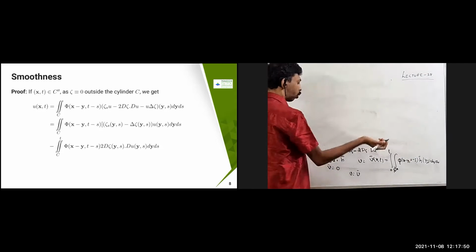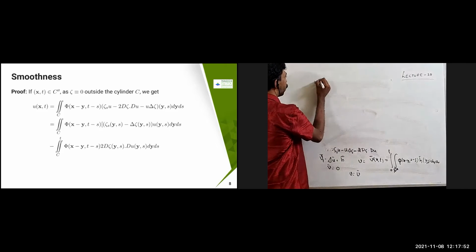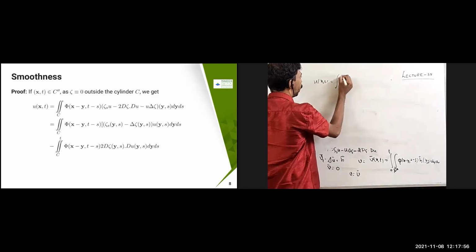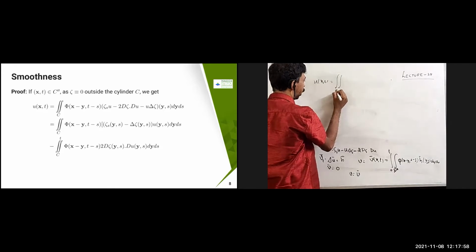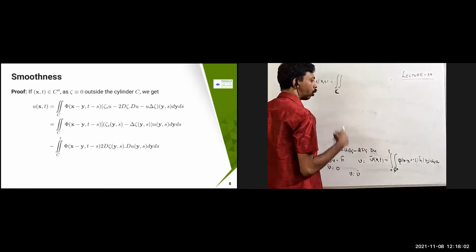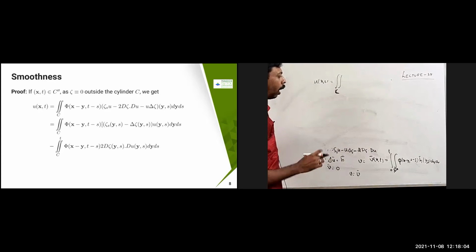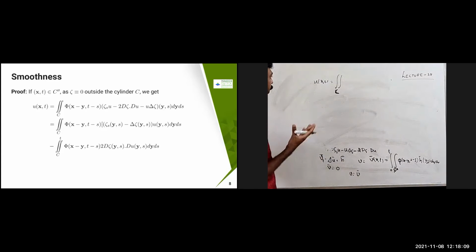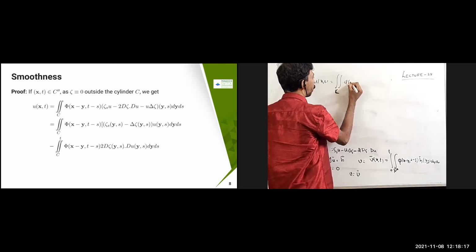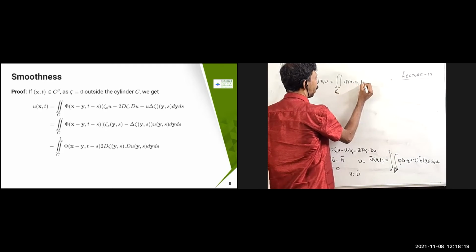Okay, so now u of x comma t is also going to be in this form. u of x comma t we have already defined, right? So that is going to be the integral over R^n, but it depends on C only, not on R^n. For R^n, we have to define it in a different way. So suppose x comma t belongs to C bar. C is equal to 0 outside the cylinder, that's what we have defined. Therefore this is going to become like only C is going to come, so that is going to become pi of x minus y comma t minus s.